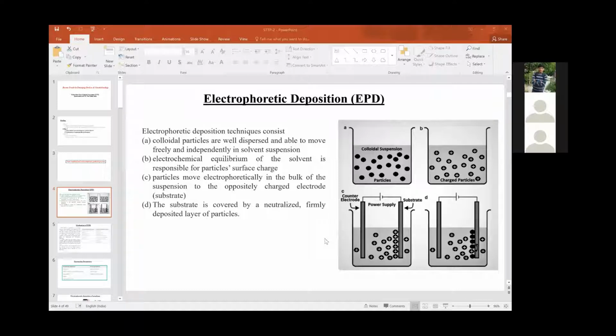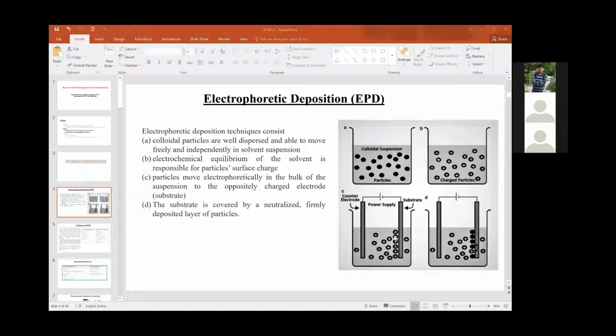When we connect the power supply, for making a thin film deposition, we can apply a constant voltage. Due to this constant voltage source, and since the particles are charged, due to the potential difference all the particles are deposited onto the substrate.